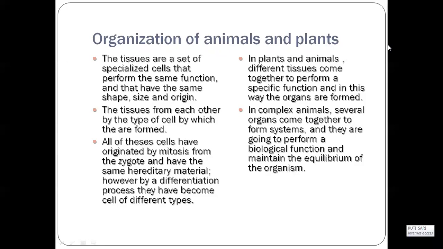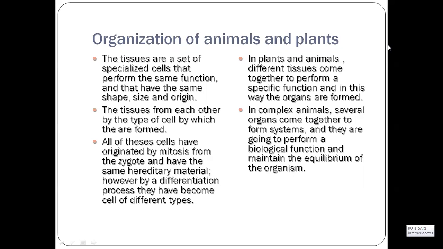All the cells have originated by mitosis. Remember, when we have first fertilization, we are going to put together two cells, two different genetic materials, one part from the mom, one part from the dad. Then in the zygote, we are going to have different divisions, and these divisions are going to produce a new living being. Entonces, por la mitosis, todas las divisiones celulares que se dan posteriores a la fecundación, a la formación del cigoto, son dadas por mitosis.